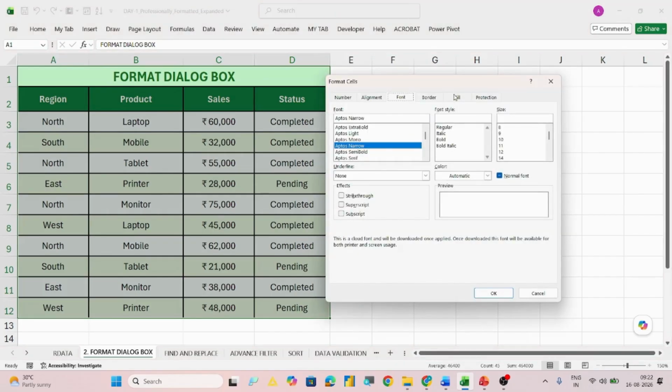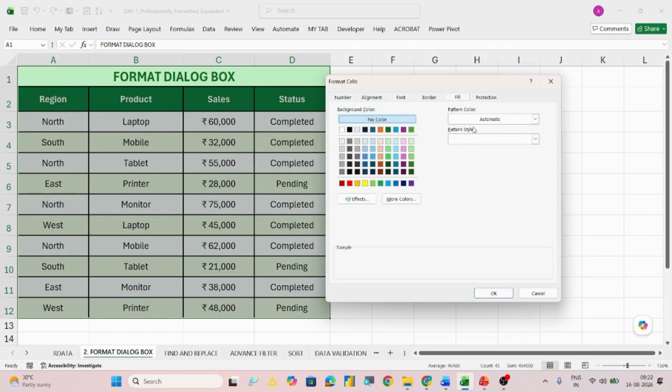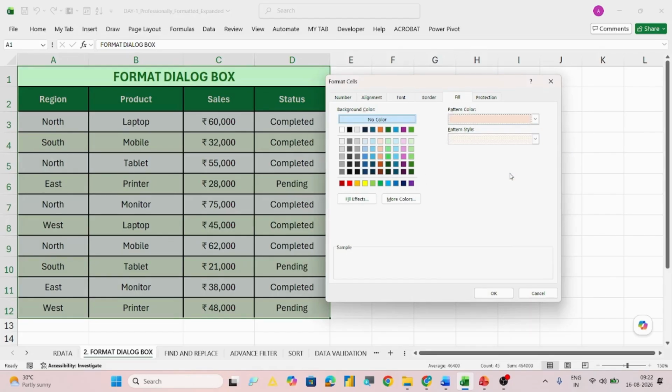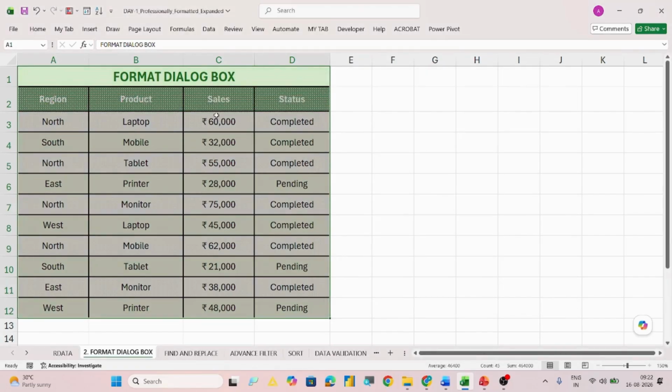Ctrl+1. If I go to fill, I can fill the entire background with a pattern also. Let's say I want to go for this pattern, and the color which I want is, let's say, orange, right? If you say okay, it is filled with the pattern.